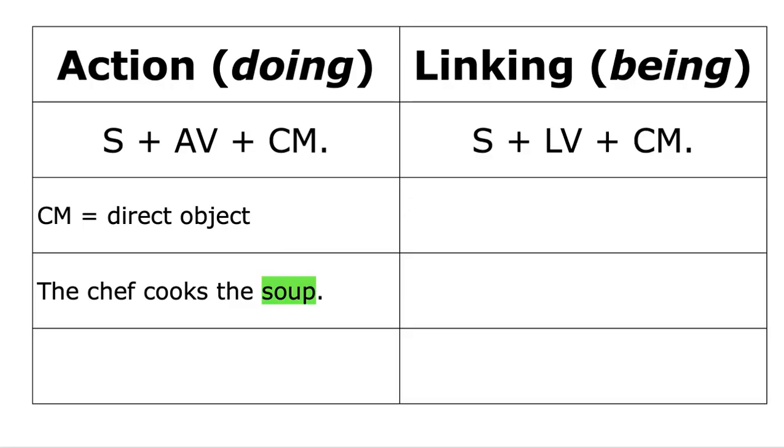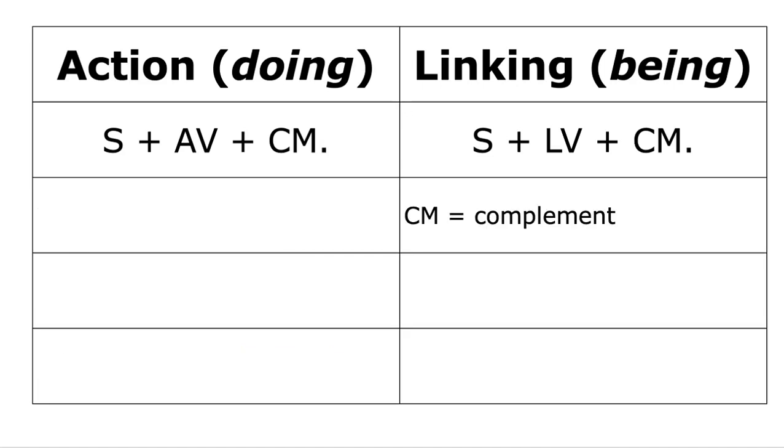Let's look at another sentence. The chef wears a uniform. What does the chef wear? A uniform. Uniform is the direct object. Let's turn to linking verbs. With linking verbs, if the